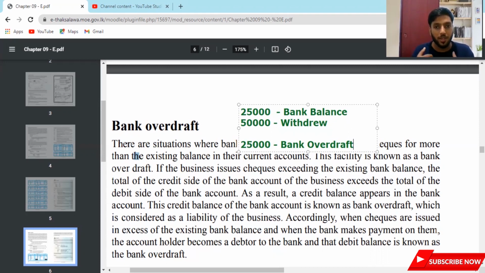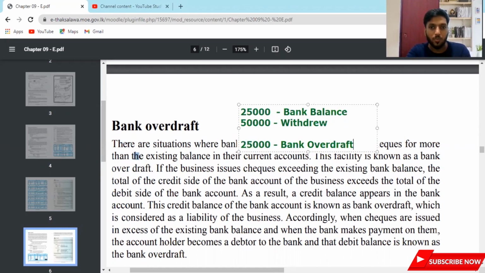Whenever we take a bank overdraft, what's the good thing for the bank to give us money? Why should they give money for free? The reason the bank gives money is they get the interest when you get delayed in paying the bank overdraft. They charge interest day by day, and the moment you don't pay at all, your account will be frozen. Freeze means you can't do transactions in future.